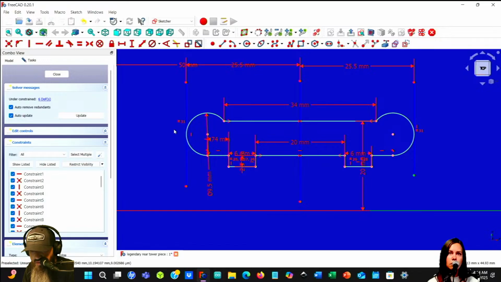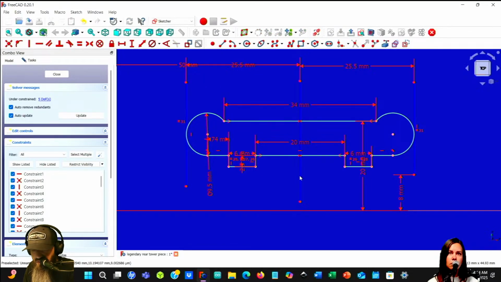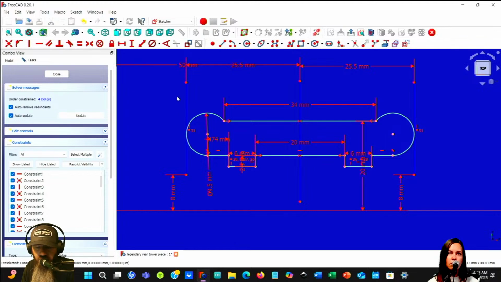So we could constrain that to that and be 8 millimeters, and this to this. I don't know if the construction geometry is what it's talking about, because it still says 4. 1, 2, 3, 4. Yeah, it is the construction geometry. Let's just take all 3 of these lines and push equals.